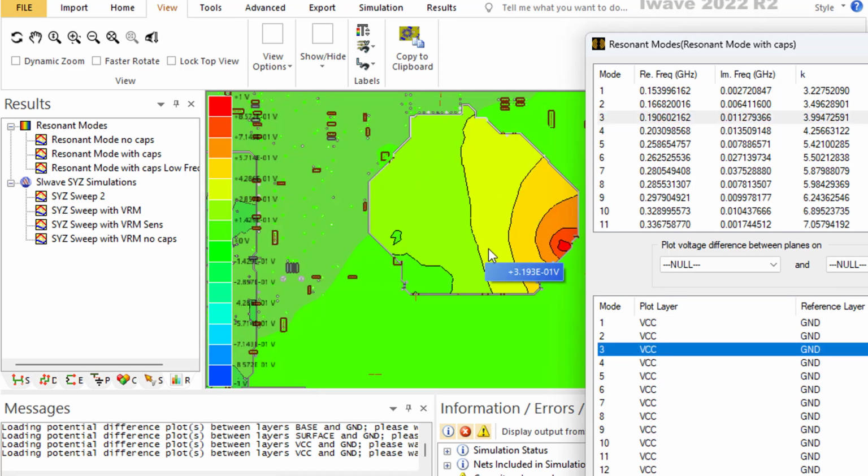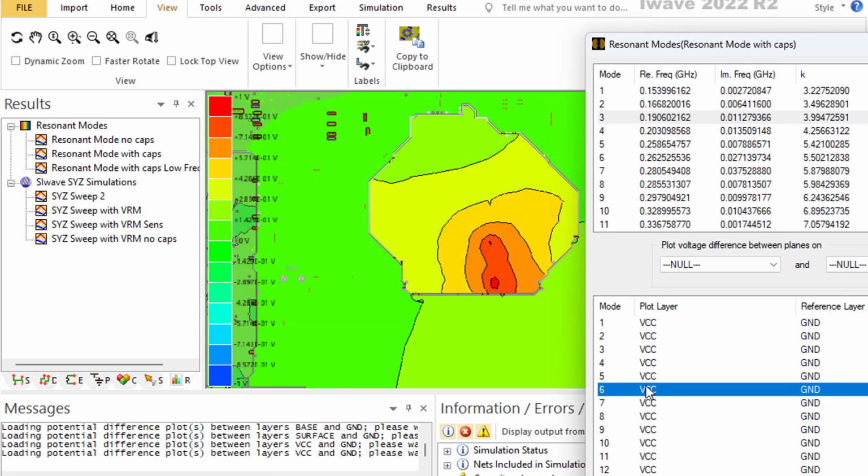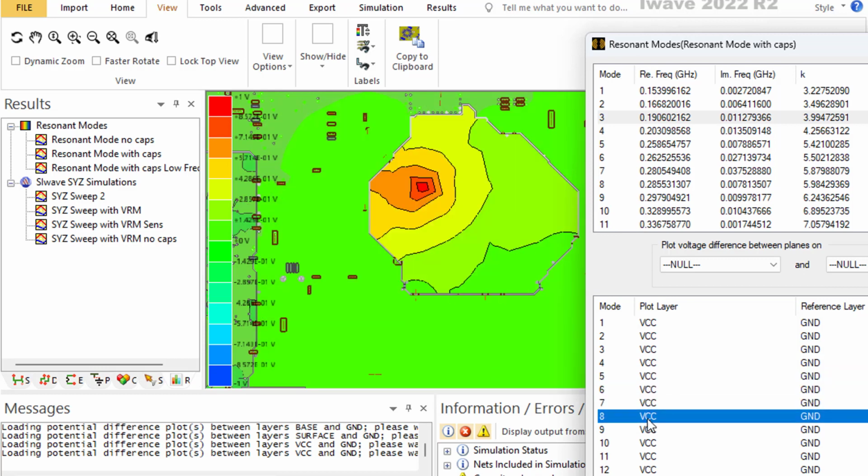You see, I have the resonance, and now the red area is covering a small section of my power plane. Of course, as I said, unfortunately the area of the red doesn't mean anything. You could have something that's very small, yet it's covering the whole power plane, as I'm going to show you with other cases. So you can go 3, you can go 4. Even 4, which is 203, is also a resonance now inside our power plane. 5, 6, 7, 8,